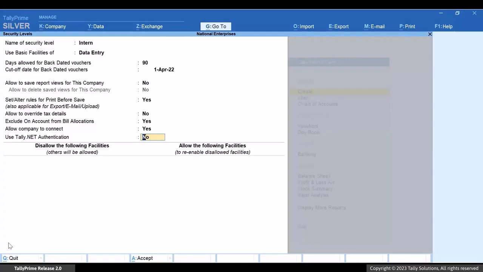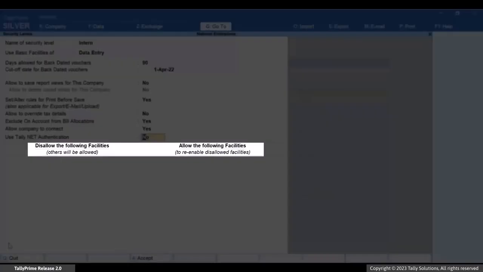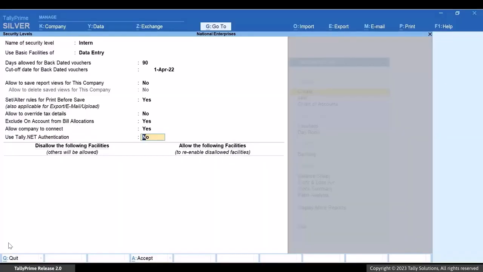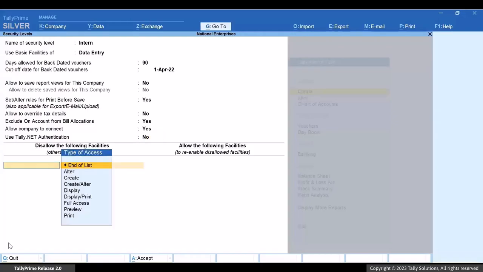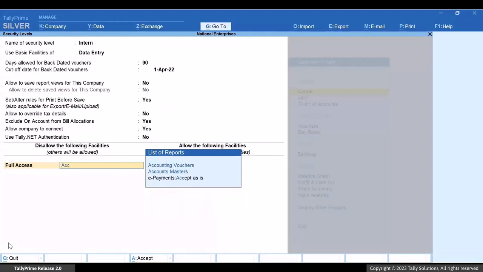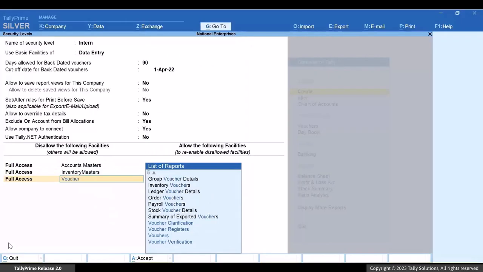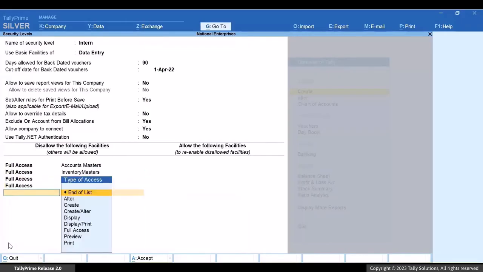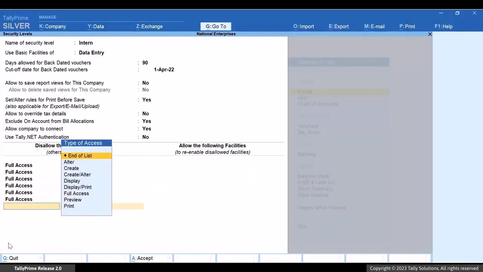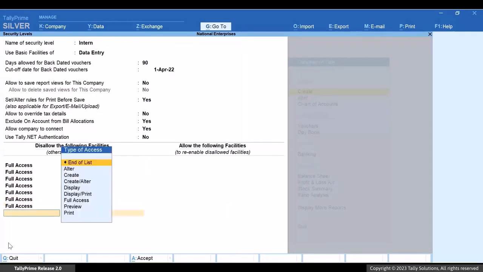Now, let us see how to disallow and allow certain facilities. You may want the users under the security level to disallow from full access to masters, vouchers, or backdated vouchers. Let's select full access and then accounts masters, inventory masters, vouchers, backdated vouchers, balance sheet, profit and loss account, and trial balance. Once you select all the activities that you want to restrict the user from, select End of List